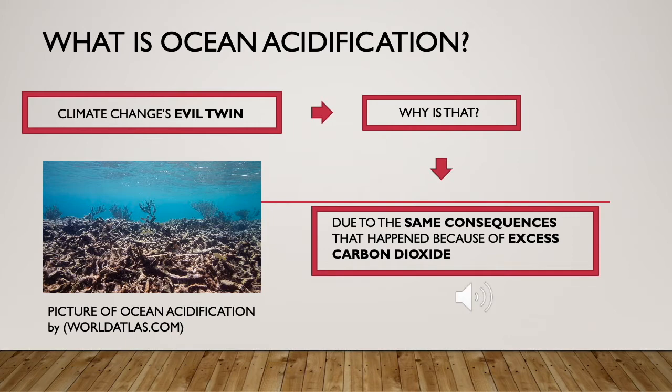According to lifescience.com, it refers to the process of our planet's ocean becoming more acidic due to the global increase in carbon dioxide emission. So, as you know, carbon dioxide naturally acts as a carbon storage, which stores carbon. Ocean acidification is sometimes called climate change's equally evil twin. This is due to the significance and harmful consequences of excess carbon dioxide in the atmosphere.